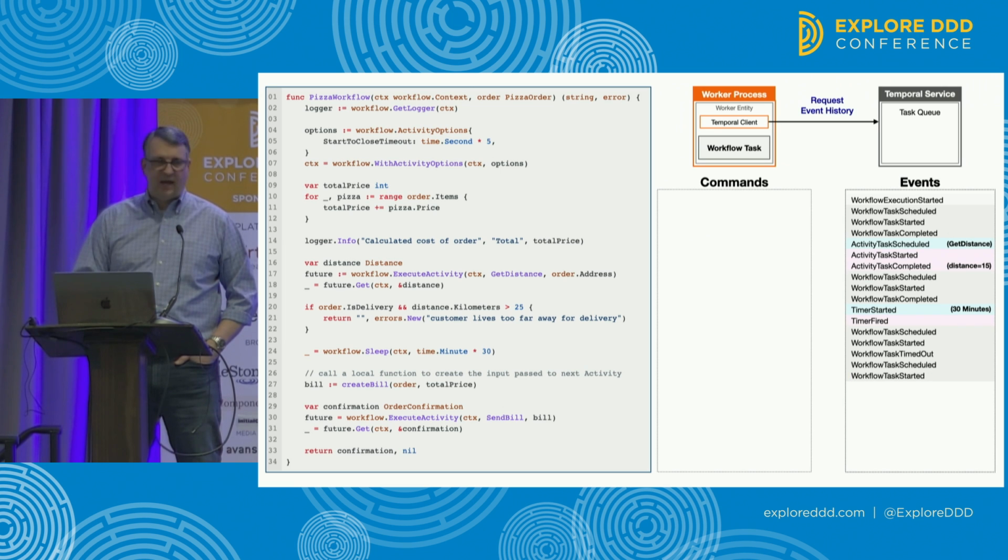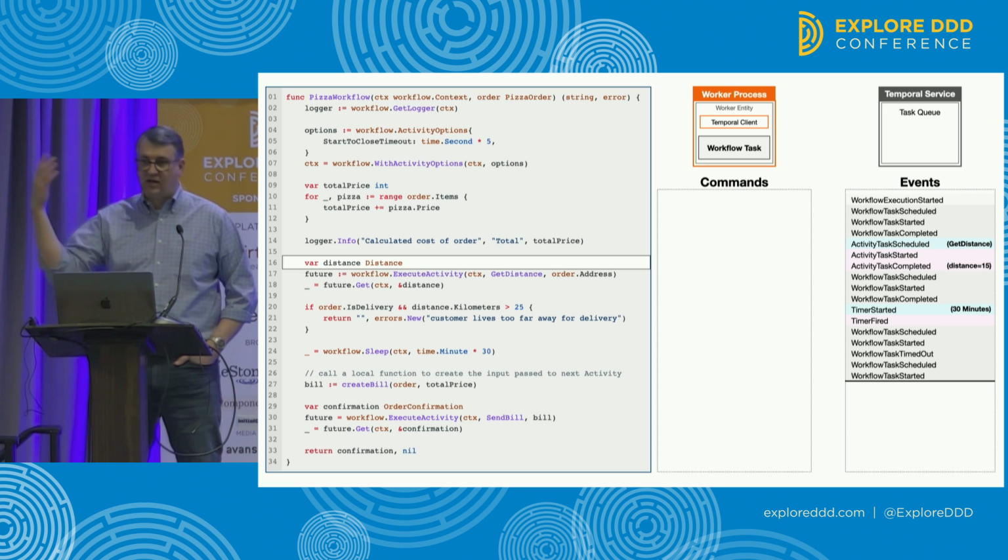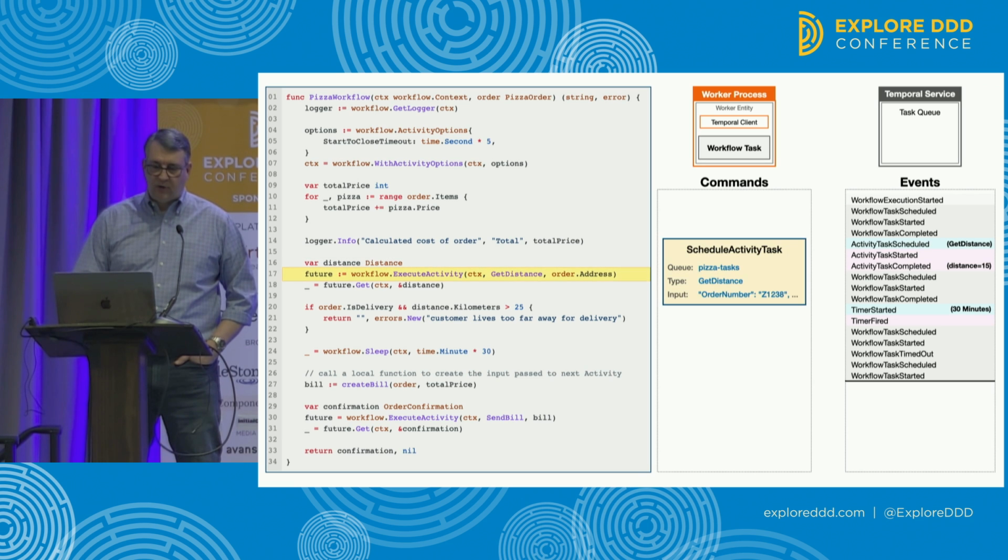It says, hey, this is already in process, so I need the event history to know how I can reconstruct the state of this existing execution. So it gets the execution history, and it starts running the code again. It's just executing this code like it did the first time. Eventually, it gets to a point where there's some interaction with the service.